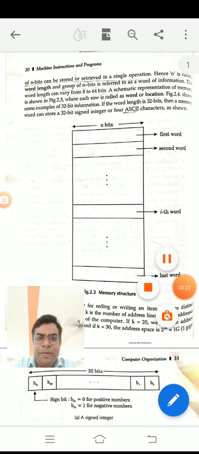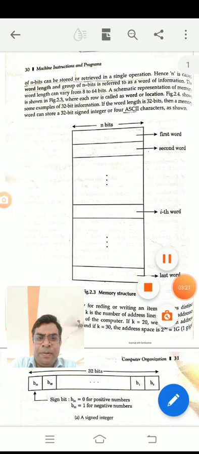This memory addressability, the byte addressability. What is the byte addressability? Some questions will come: explain the byte addressability and explain with the big endian and little endian schemes. There are two ways of discussing the byte addressability. Then what is the byte addressability? The general arrangement of memory is to have successive addresses refer to successive byte locations in memory. That is, each location contains 1 byte of information. This is called byte addressability.